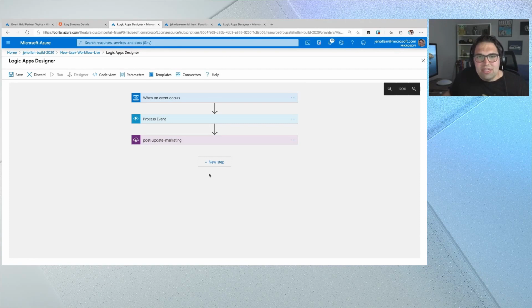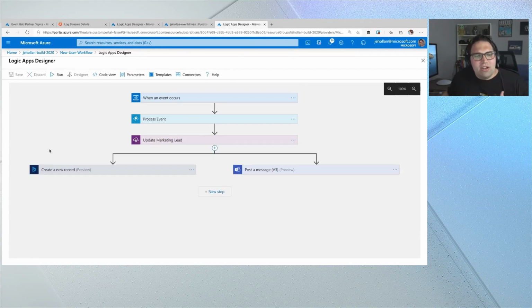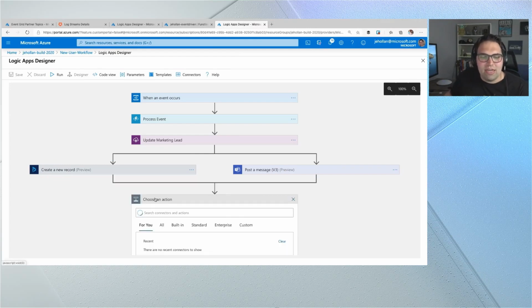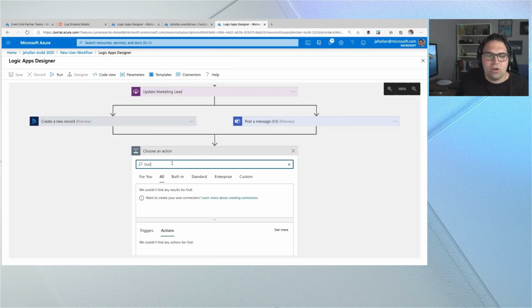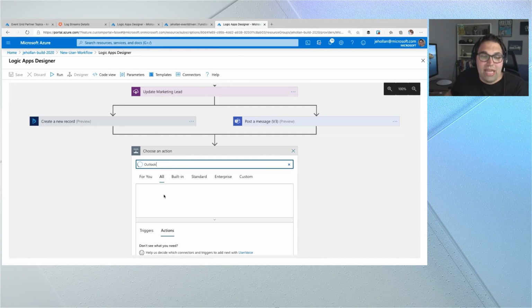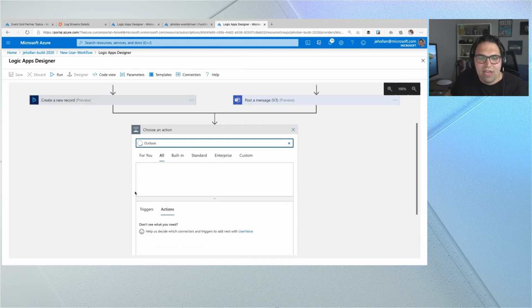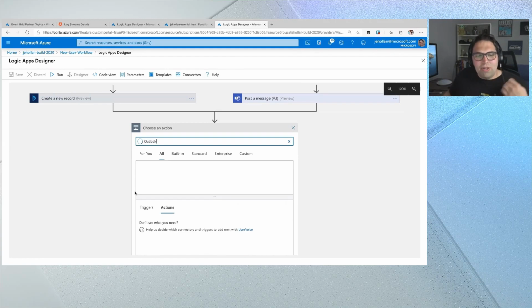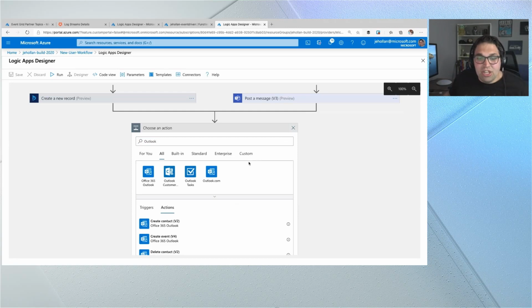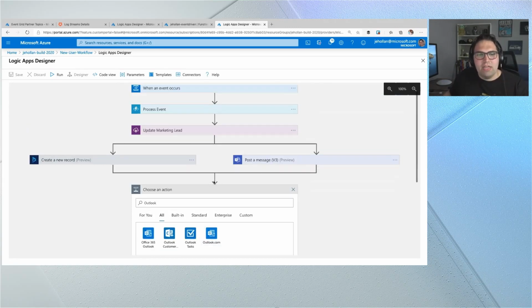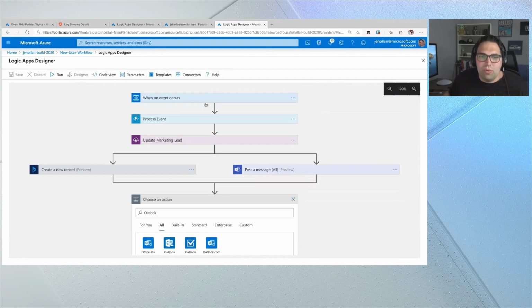So I could continue to build this out, but for the sake of time and because I want to leave plenty of time for questions, you could just hear, this is an example of a workflow I've added: create a record in Dynamics 365 for CRM, post a message to Teams being like, congrats everyone, we got a customer. I could even come in here quickly and send an email with Outlook, Office 365, and say, hey, thank you so much for signing up. Please buy lots of stuff, spend lots of money because I want my startup to be successful. So you get the idea, right? This really productive environment to build code, workflows, relay these events as I need them here within Azure.